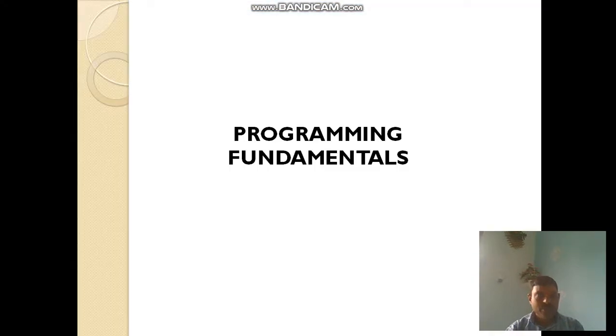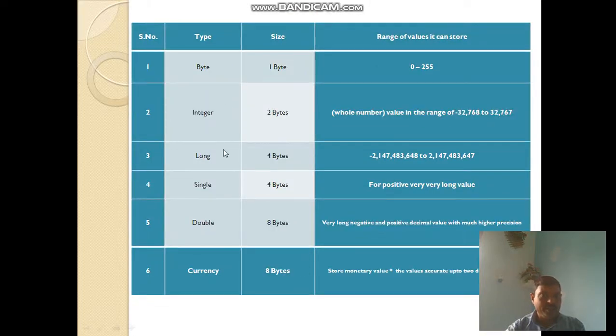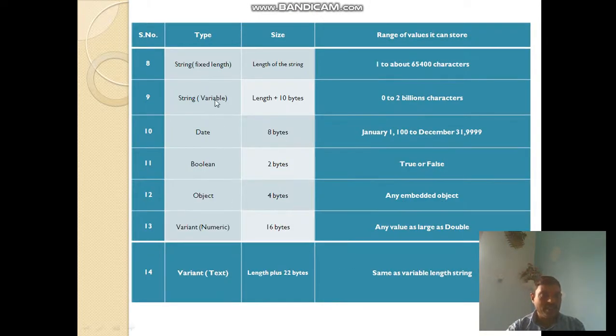The Integer data type stores 2 bytes of data. 2 bytes means 16 bits. The range is -32,768 to +32,767. Like that we can create these kinds of data types: Byte, Integer, Long, Single, Double, Currency. If you want to store characters, you can declare the String data type, fixed length or variable length.